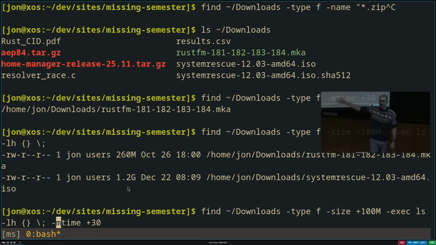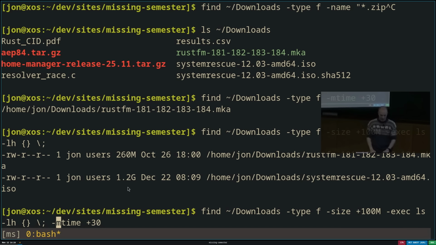Not all programs do it this way. There are other ways that are more common these days, but that's why you will often see this kind of \semicolon in invocations of find. But as you can imagine, this is pretty powerful. This lets us combine the programs of find with any other command line we might want to execute.